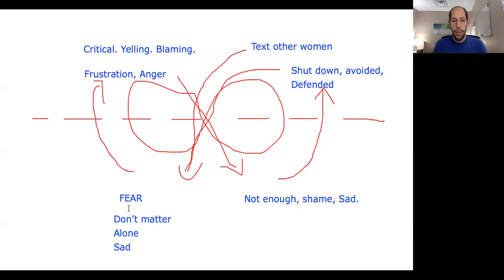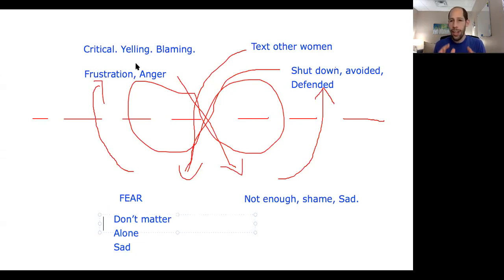So what we did was I wanted to go really slow with her because she quickly jumped up above the surface. So every time that happens, I'm on it, right? Interrupt that and then guide her to what's underneath the surface. And I would say, so help me understand, what does it feel like for you when you find out that he's texting somebody else? And of course, again, I'd get a surface answer like, I'm pissed. I can't believe he would keep doing this after all the times that I've told him not to, and just go on this thing. So I'd have to interrupt again.